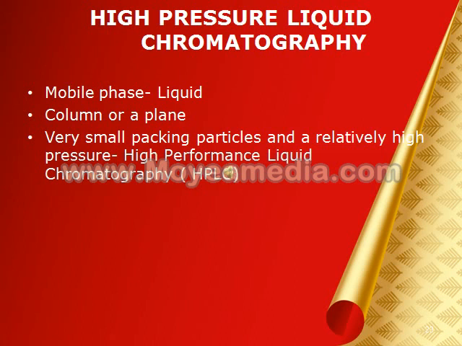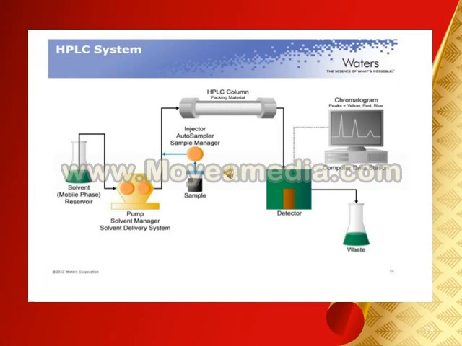So due to pressure, the components separate perfectly, and with more accuracy we can get the results on the data sheet provided, which comes out of the instrument. This is the HPLC system. Here we have the solvent, the pump, the detector, HPLC column, the packing material, the waste comes out, and there's a computer data station where you get the chromatogram. That means the peaks can be seen, and according to the peaks we can later analyze and detect which functional groups are present in the compound being isolated.